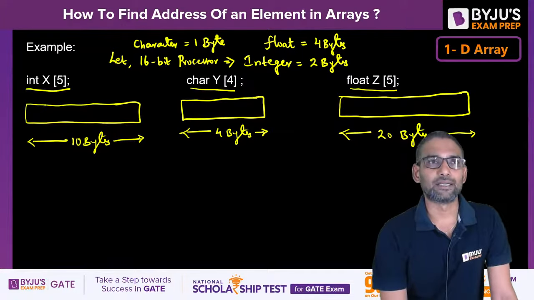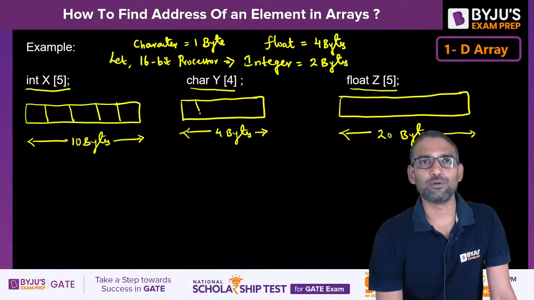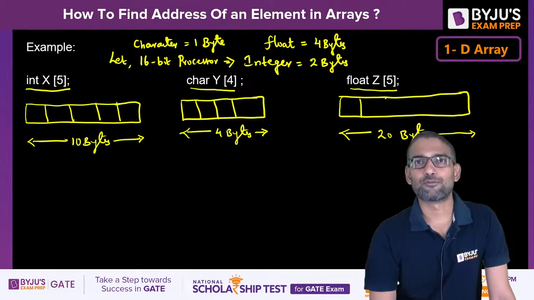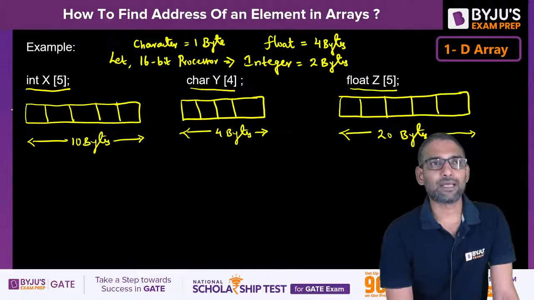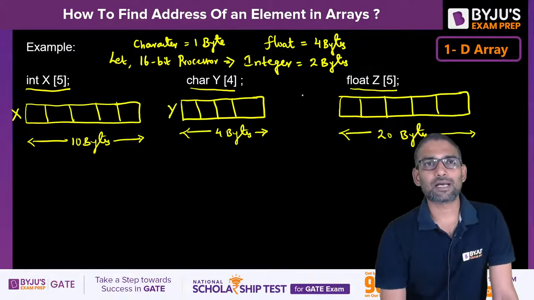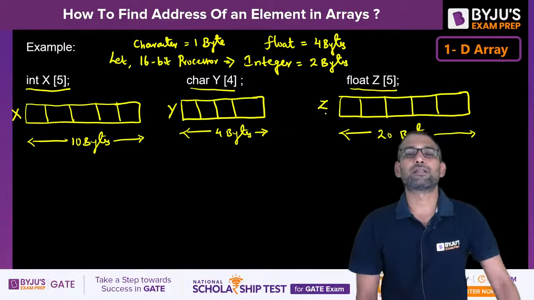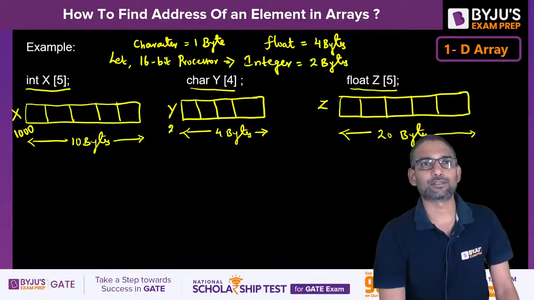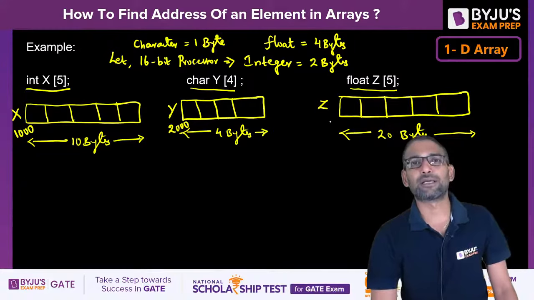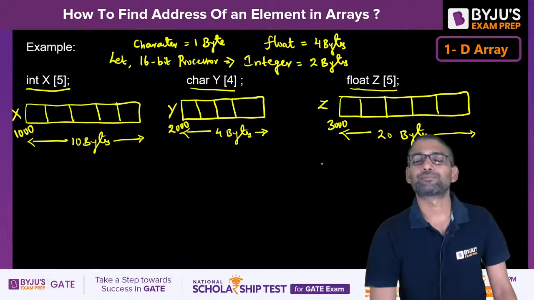And internally we can say they are organized into 5, 4 and 5 respectively. If I am taking the starting address where the memory is allocated for integer array as, let's say, 1000, for character array as 2000, for float array as 3000,